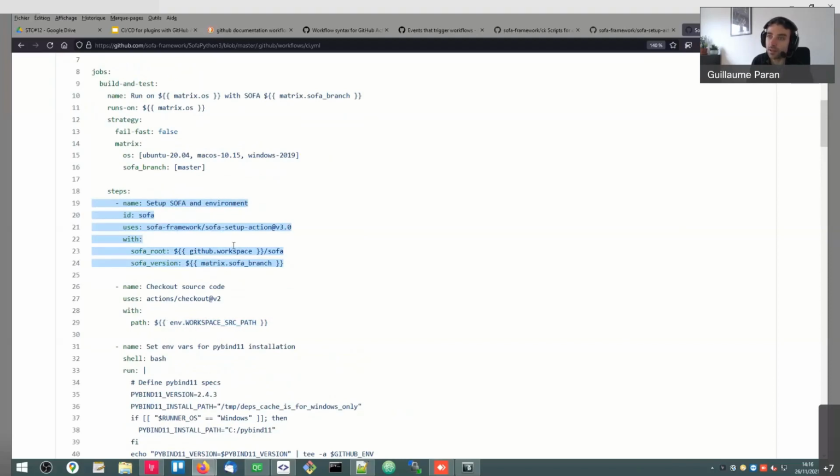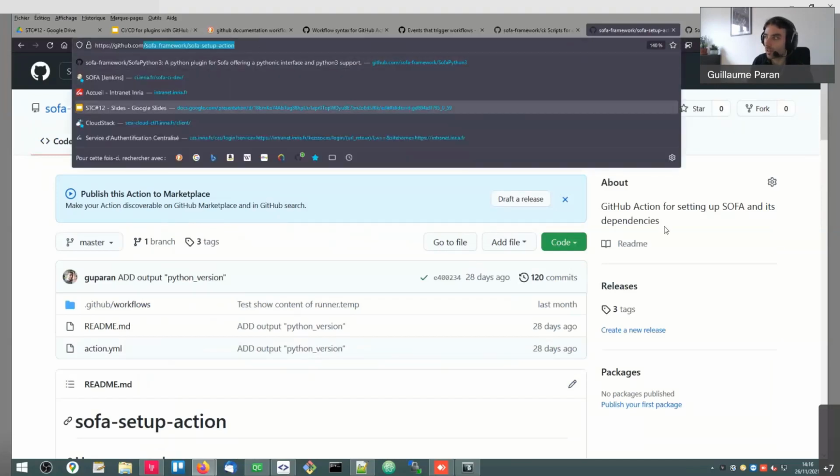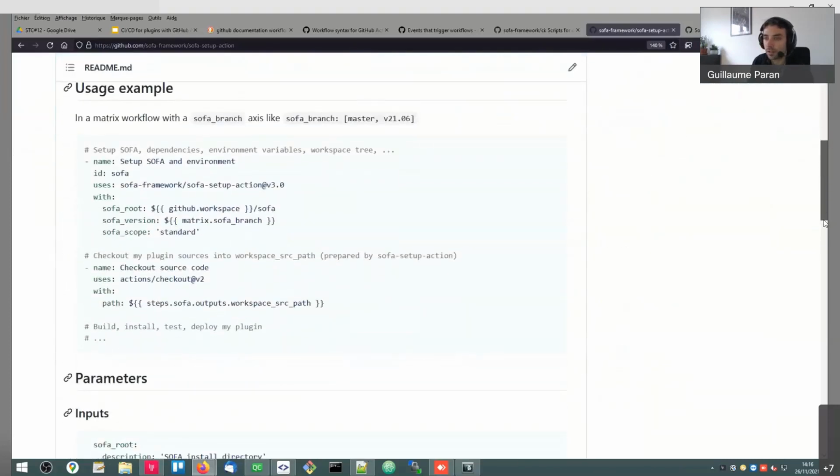So it's not only set up Sofa and install things, it will also set up environment variables so that you can reuse them after. Okay. All the things that are done by this action are specified in the project in Sofa framework / Sofa setup action. I put everything in a chart